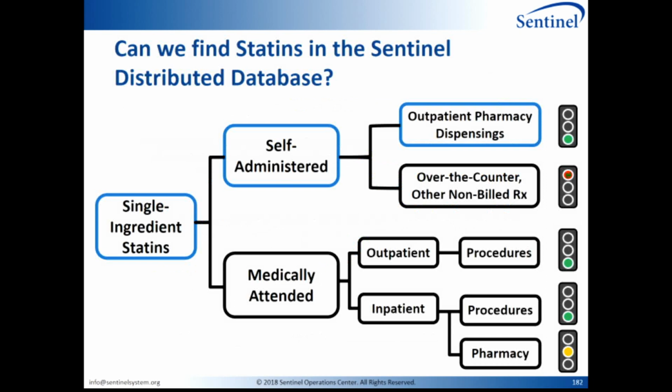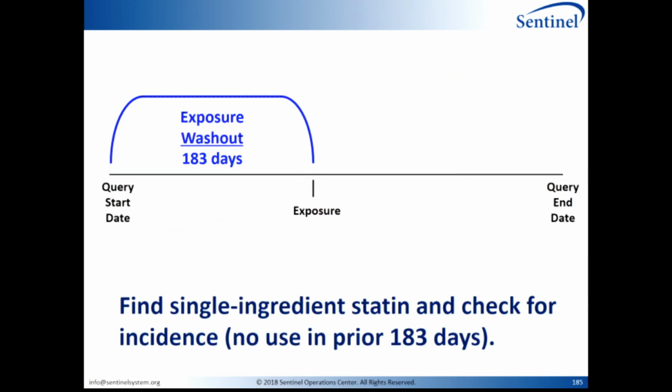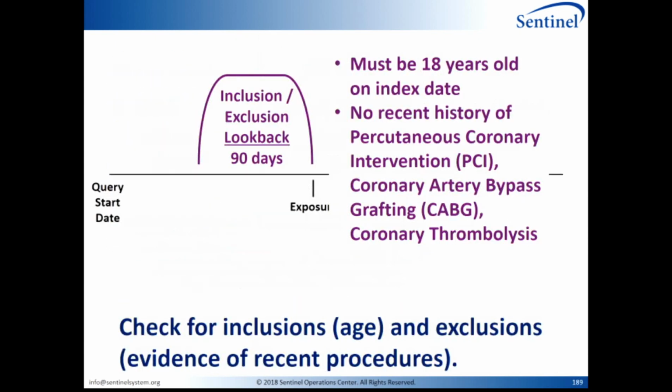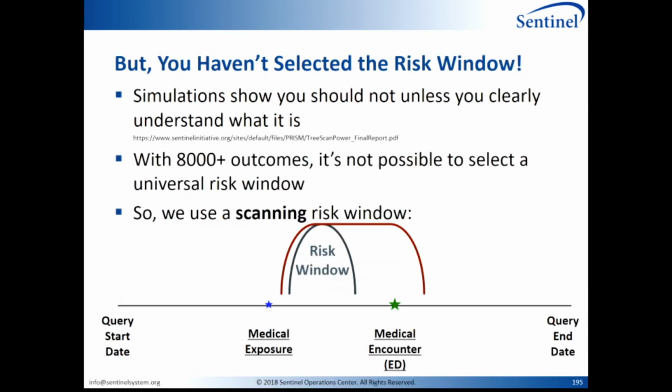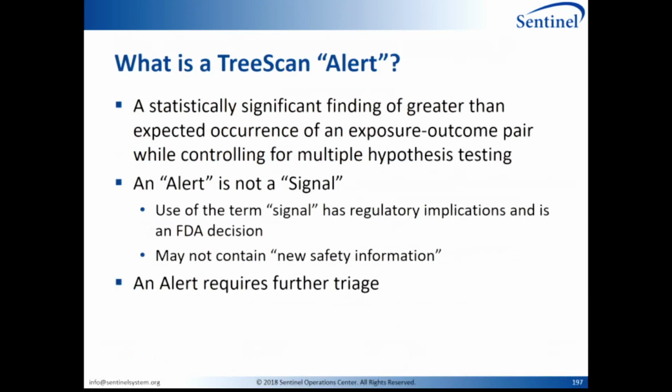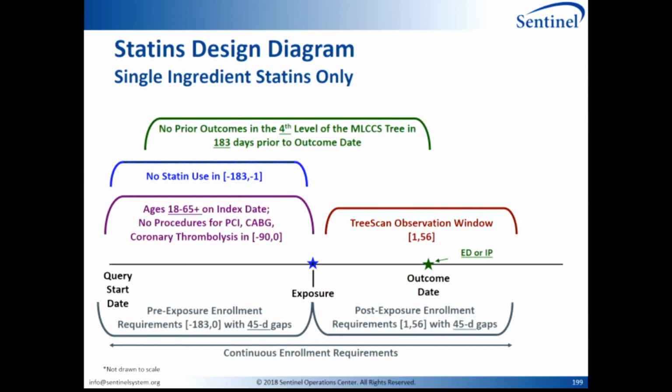So currently, and again, this is a limitation of the current design, I'm just going to go to the overall design diagram to keep it in mind. Here we go. That observation window carries with it post-exposure enrollment. And the reason is because the null hypothesis is powered right now to assume everybody has an equal chance of having an outcome on every day of that period. And so that's why we require the fixed follow-up. And in order to do that,